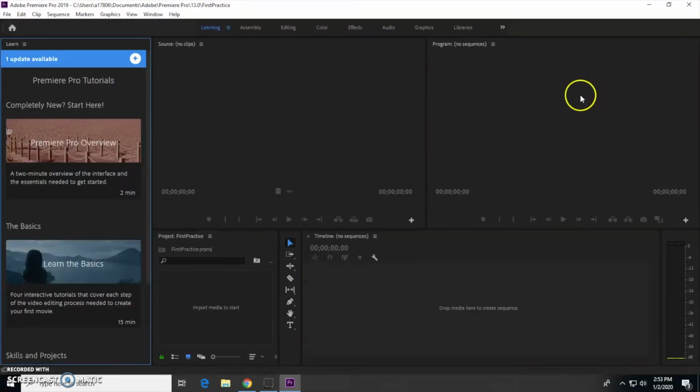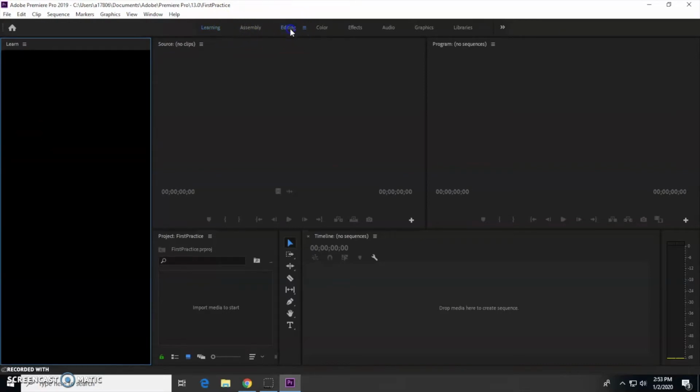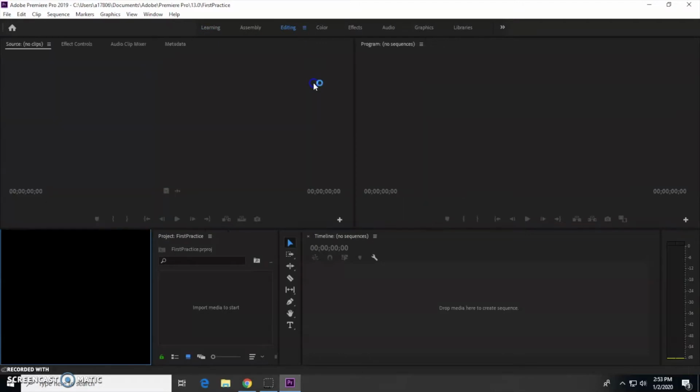Wait a little bit for your window to open. So this is our editing window, and over on the left here, these are tutorials. If you get stuck on something or you have extra time in class, you can always do those tutorials. Today I'm just going to quickly show you how to import a video, and so to do that we're going to click the editing button at the top of the screen,